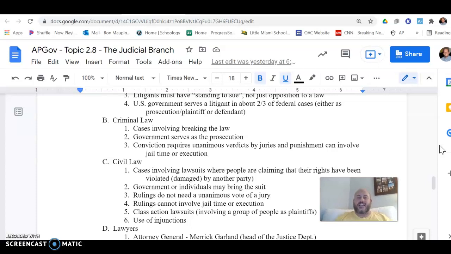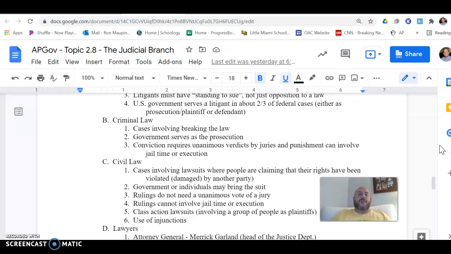Civil law is focusing in on cases where somebody or some group is suing somebody else or some other group, or it's a government suing somebody or somebody suing a government or something along those lines. Basically, it's one party suing another party, claiming that the other party has damaged them in some way. In other words, they have violated their rights. That's where civil law comes from, that your civil rights have been violated by this other party, and therefore you are seeking damages to make up for the damages that you believe have been inflicted upon you.